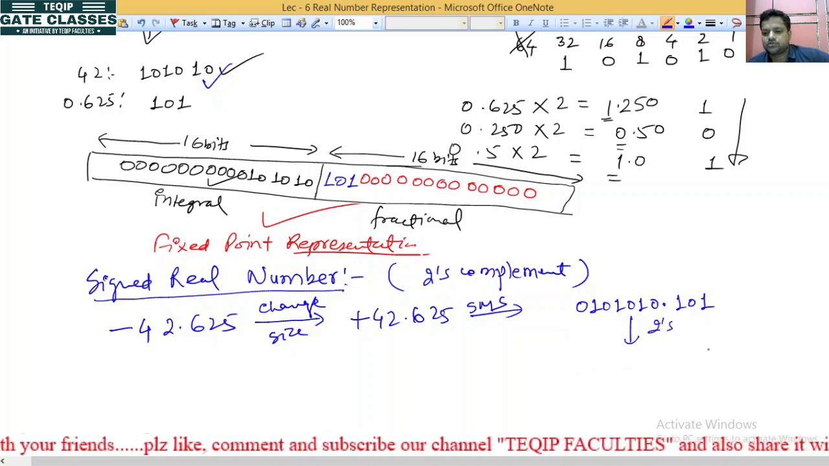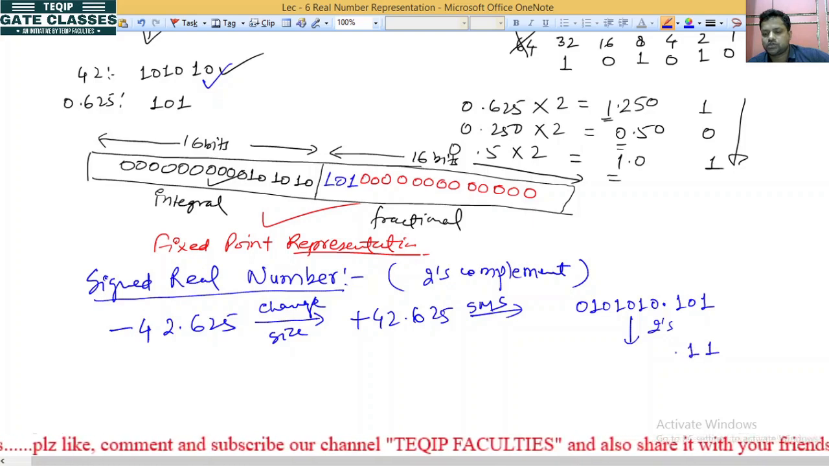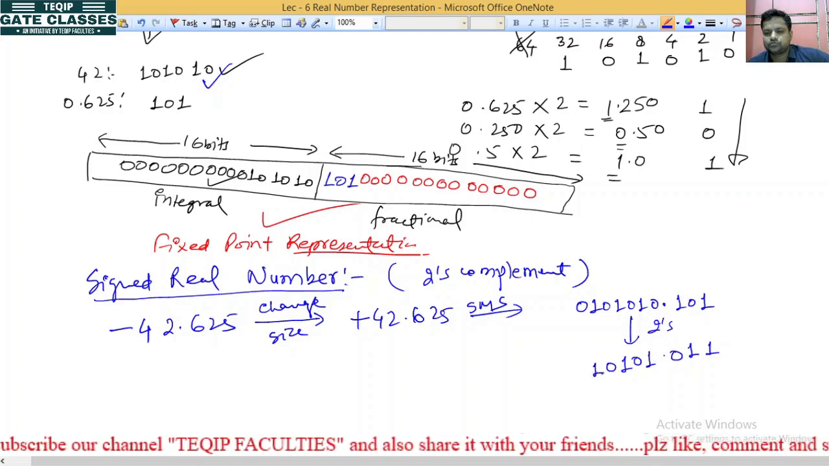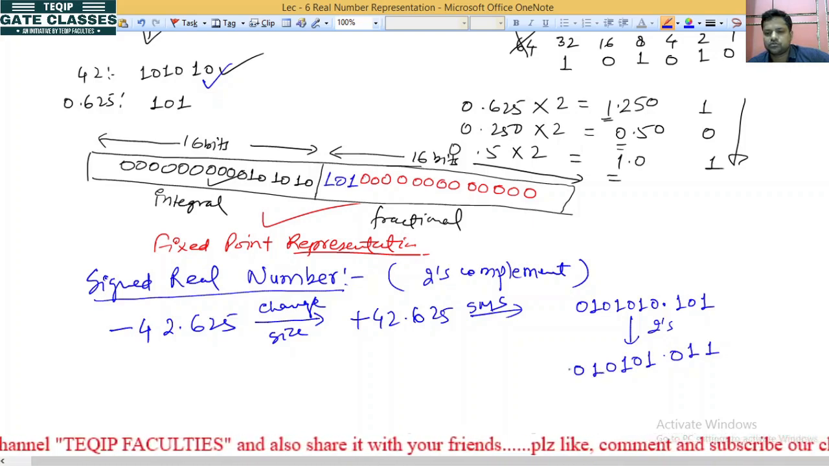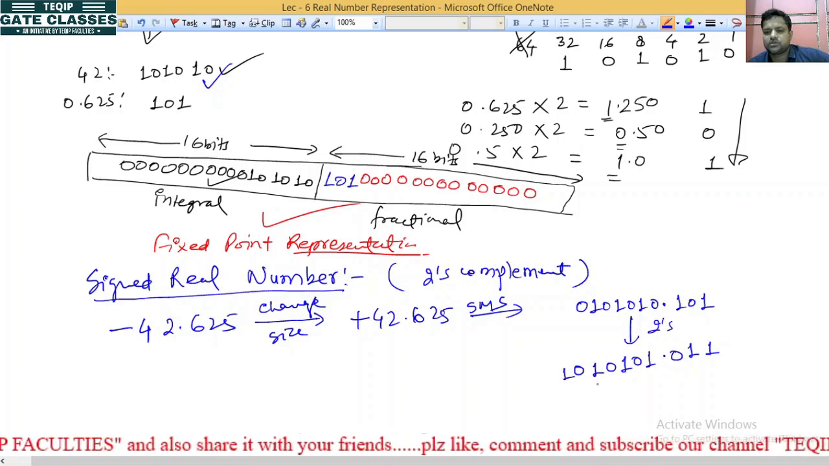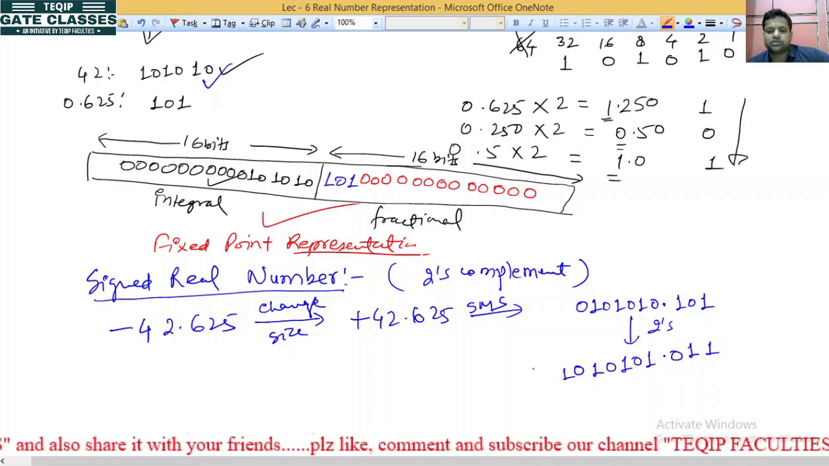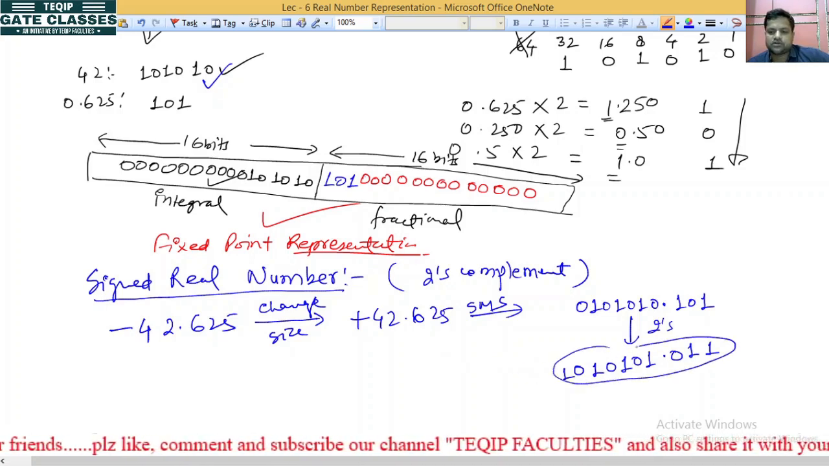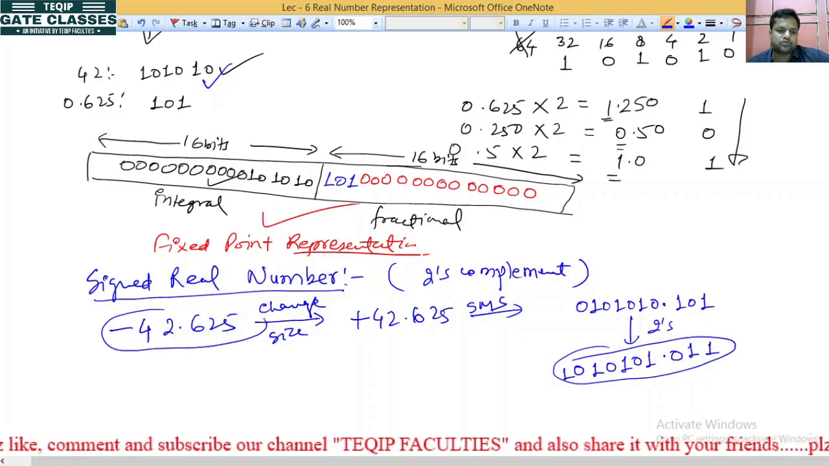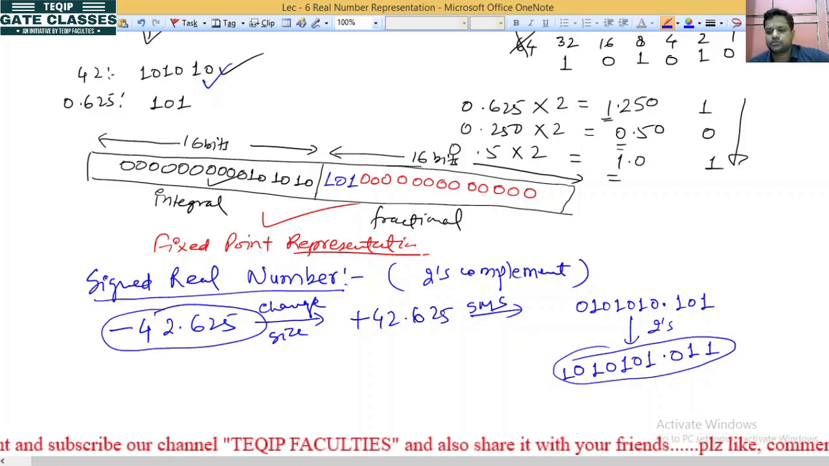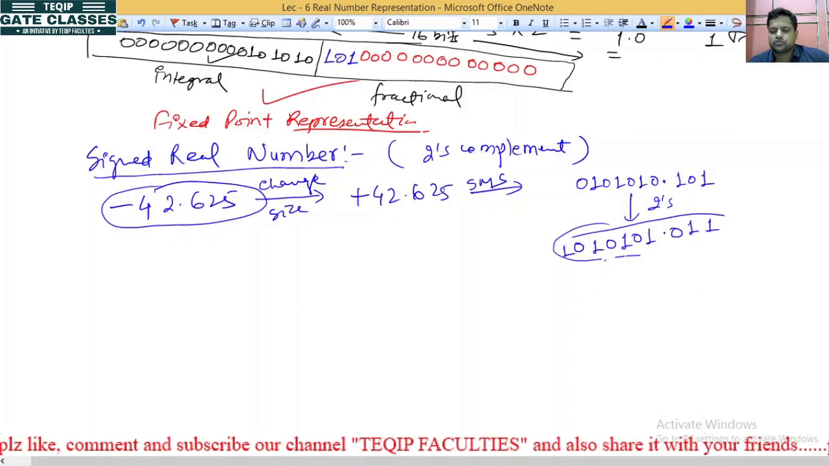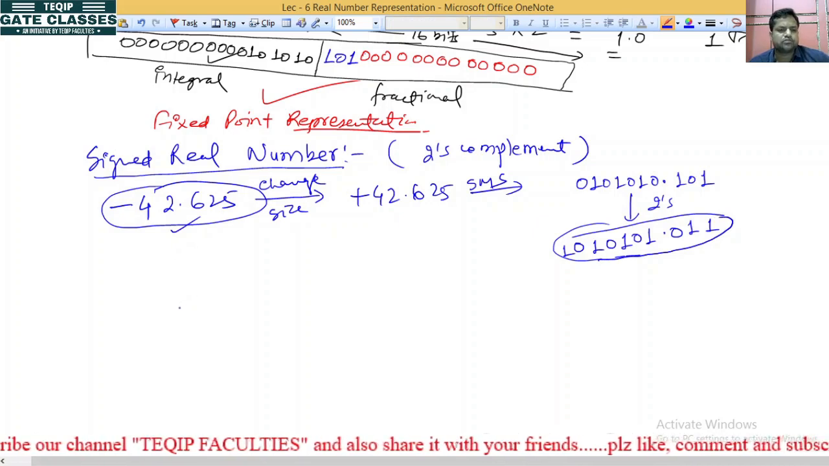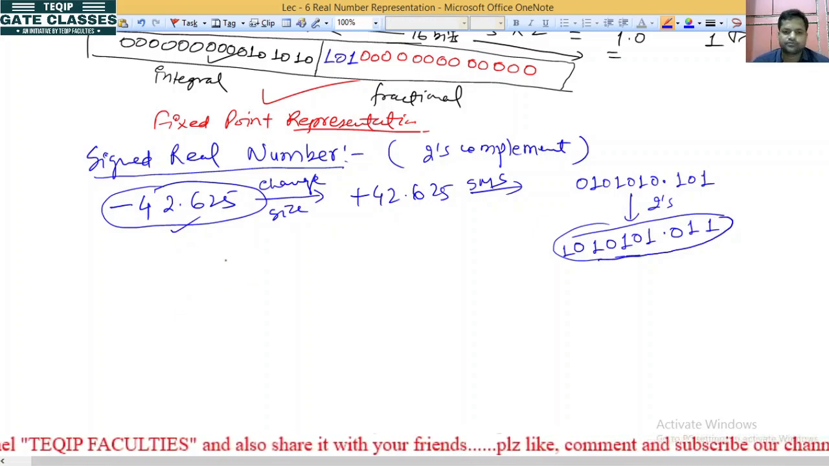Now we take 2's complement. So what will be the 2's complement? 1 1 0 1 0 1 0 1 0 1 will be the 2's complement form. This is the representation for minus 42.625. Okay na,